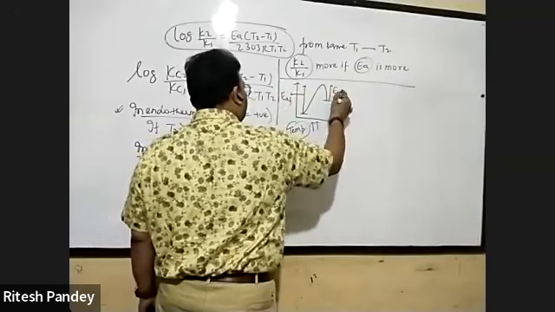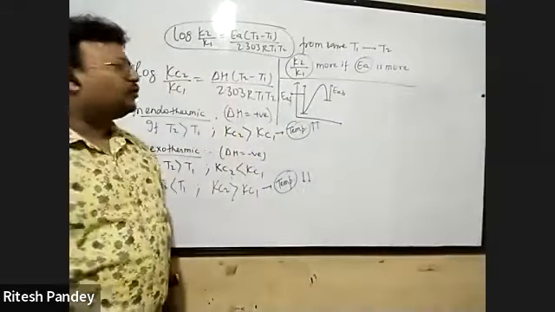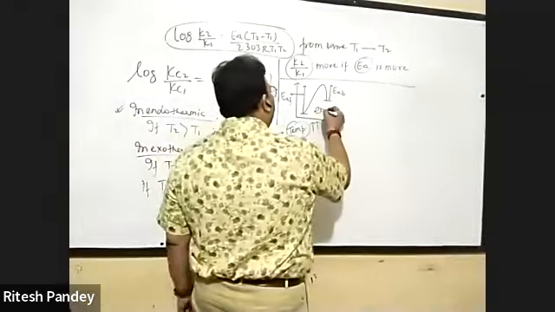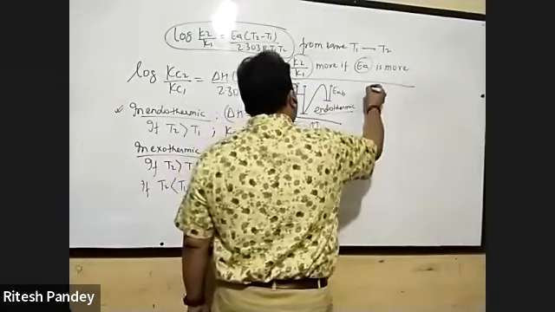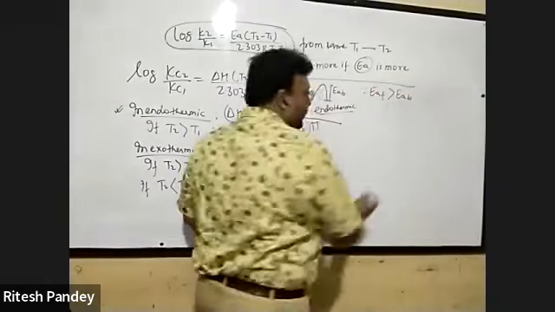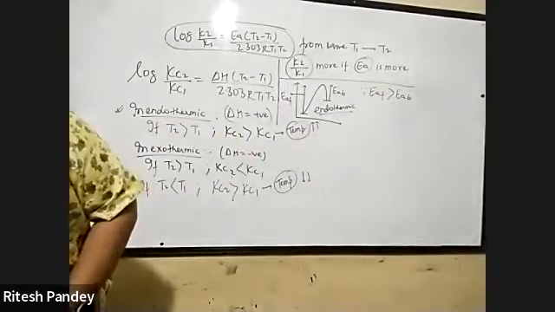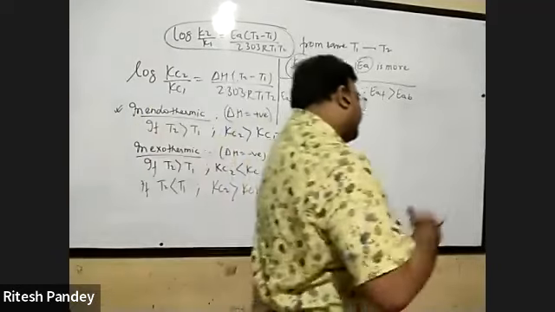That's again the reason delta H is positive and all. So endothermic में क्या होगा? Because EAF is more than EAB,